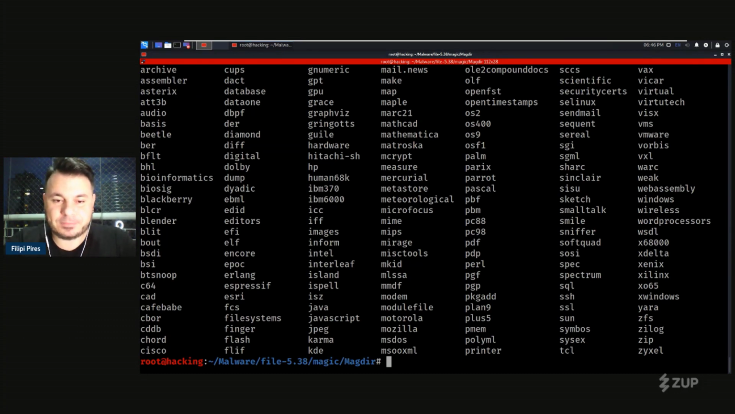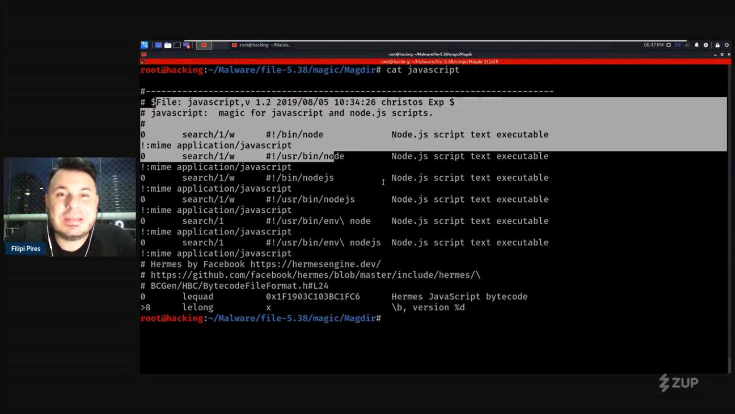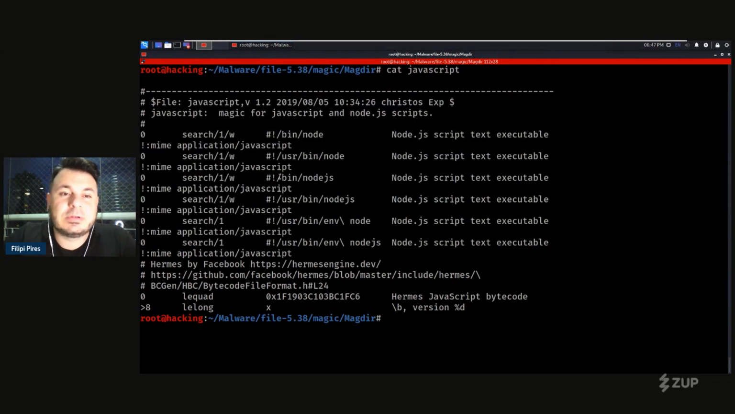So let's see some very interesting information here. Let me look more inside at the JavaScript. Here we have the JavaScript definitions, some important definitions, and when I execute the file command, it looks inside the database to try to find the magic number of the JavaScript file. For example, let me copy this information here, and I will create this simple file here,